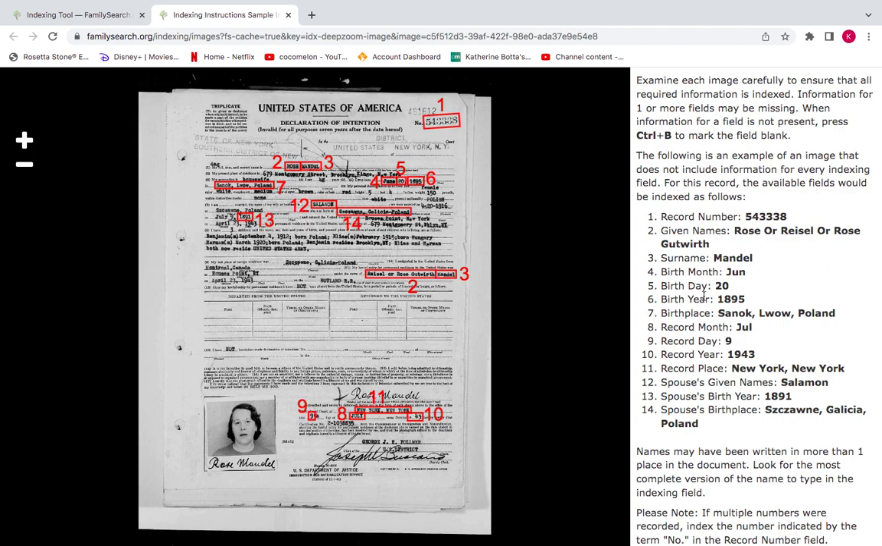And then on these, you're going to be looking for a record number, their given name, their surname. Given names are first, middle names, or other names that they might be known by. Surnames are what we call last names. Their birth month, day, year, where they were born. The birth record month, day, year, that's when the record was seen by the government. And then if there's any spouse information, as their spouse given names, birth year, and then usually there's